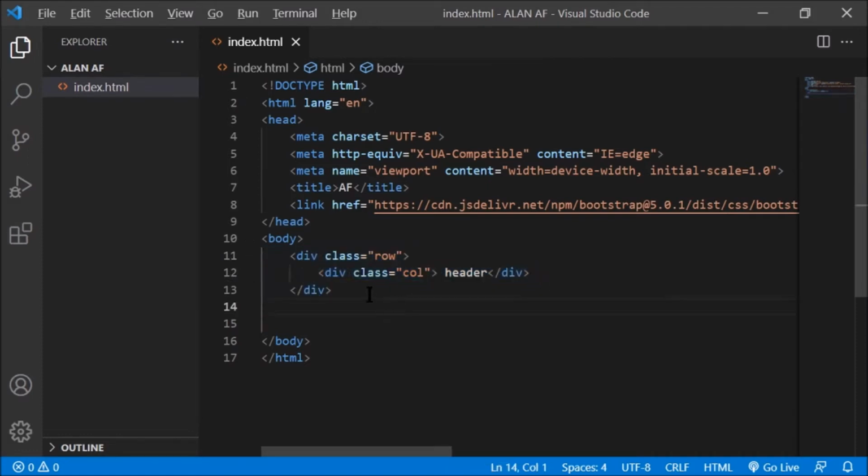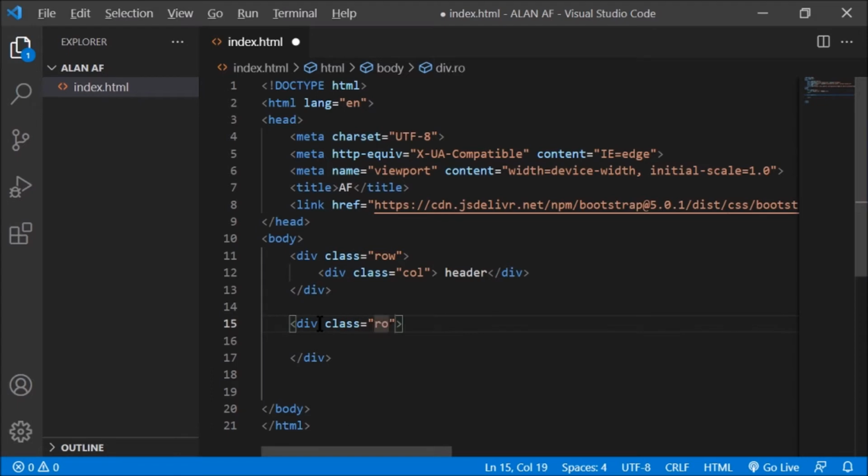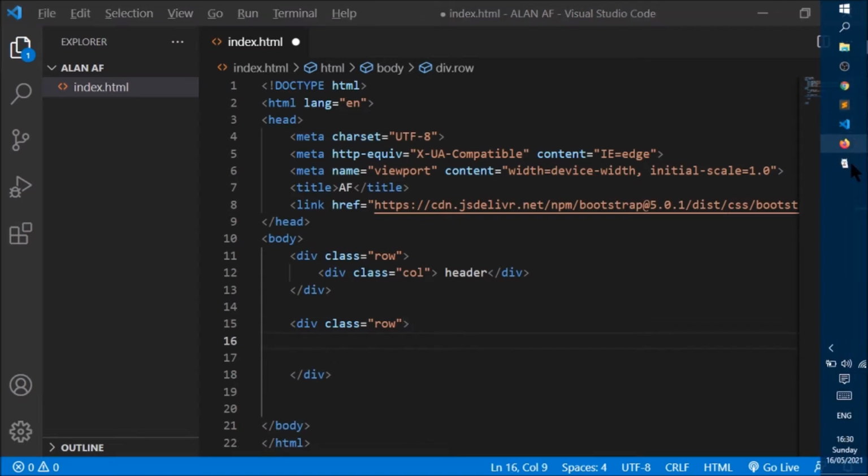So we are going to create another row, the second row. How to create a second row? You have to create a div, press enter, and add a class name called row. After adding the row we have to add 3 columns, because I am going to show this image.